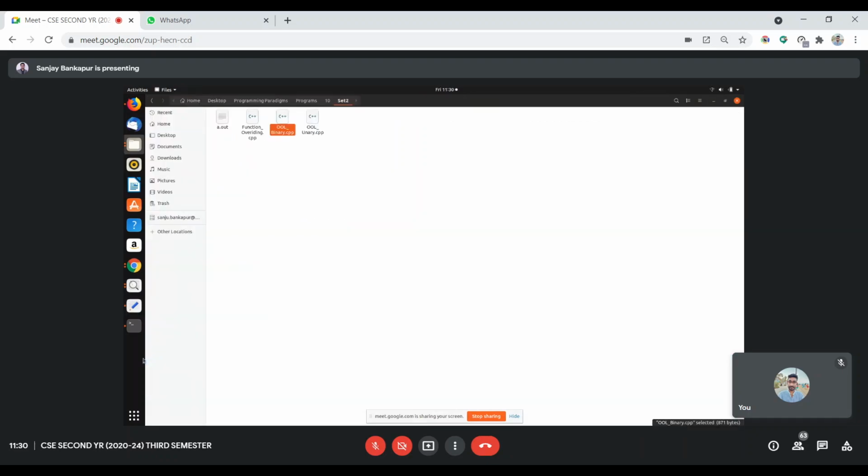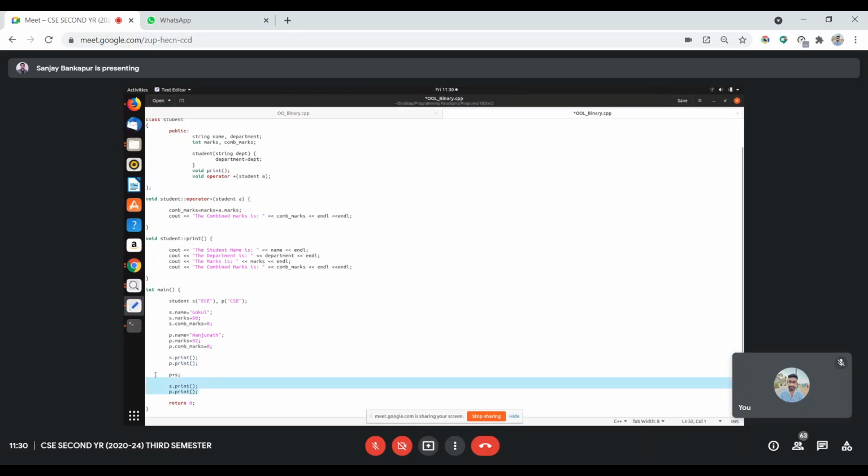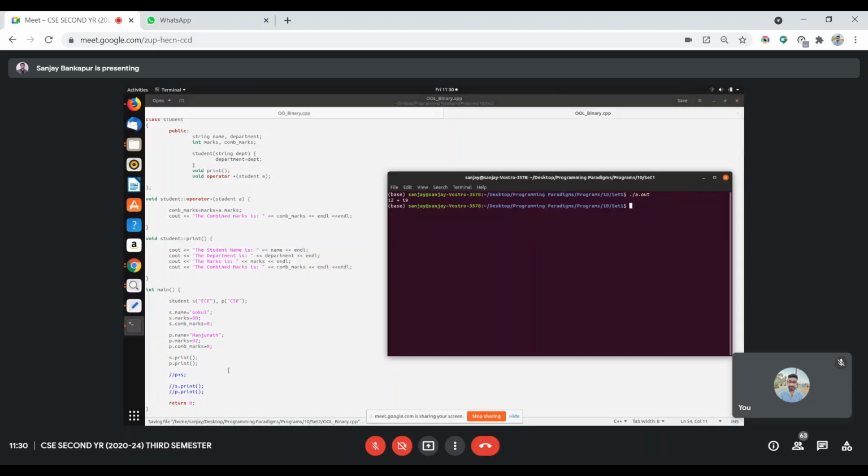So before that, I will try to comment this and we'll see what exactly values are getting printed. g++ is binary, right? So we got these values. Combined marks is set to 0.